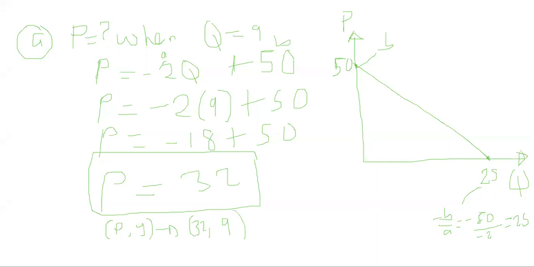So we can sketch this, and probably if quantity is 9 here, then the price is 32. So this is what we have here. So if you are seeing that when the price falls down to 32,